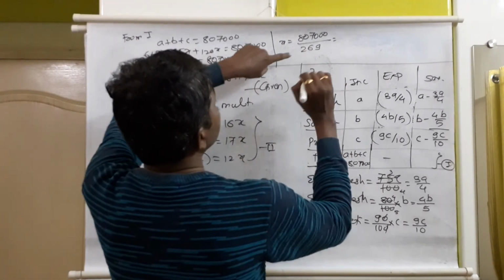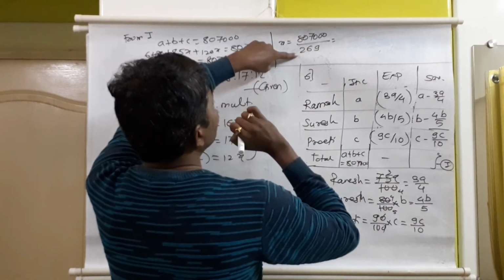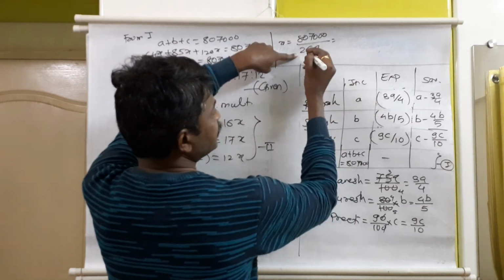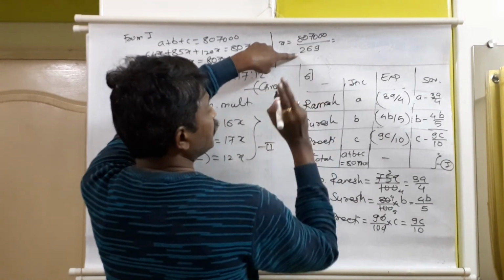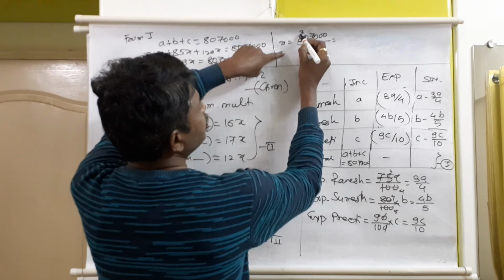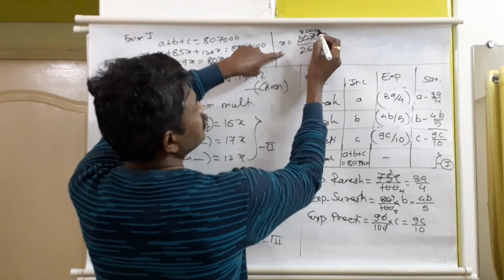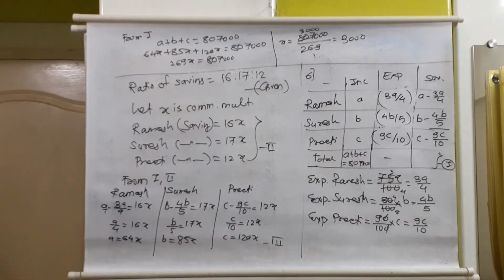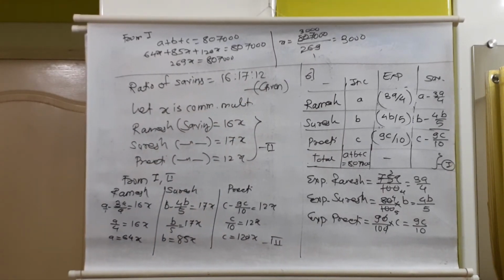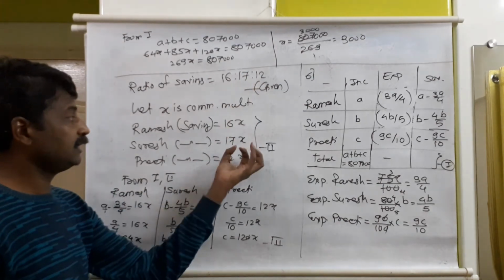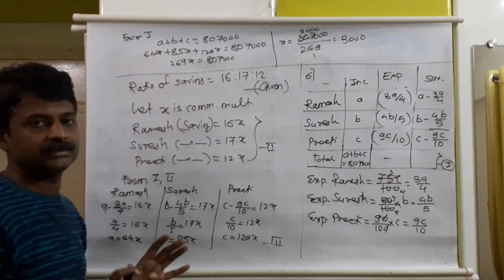Now if we try this, 269, we multiply it by 3. 3 9s are 27, 7 carry 2, 3 6s are 18 plus 2, 20, so 0 carry 2, 3 2s are 6 plus 2, yes, 269 1s are 269, 3s are 807, and these 3 additional zeros as it is, so the value of x will come 3000. This is our required important thing, that value of x. It is asked us to find out their savings. We just have to put in that value, and we'll get the savings of all the 3.